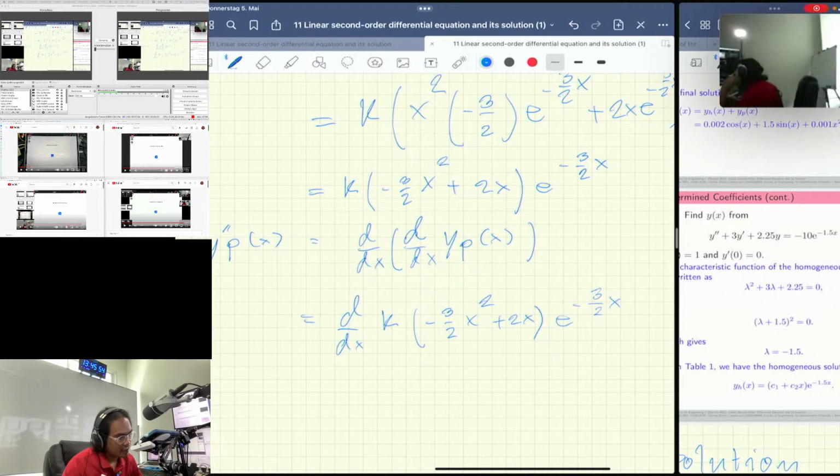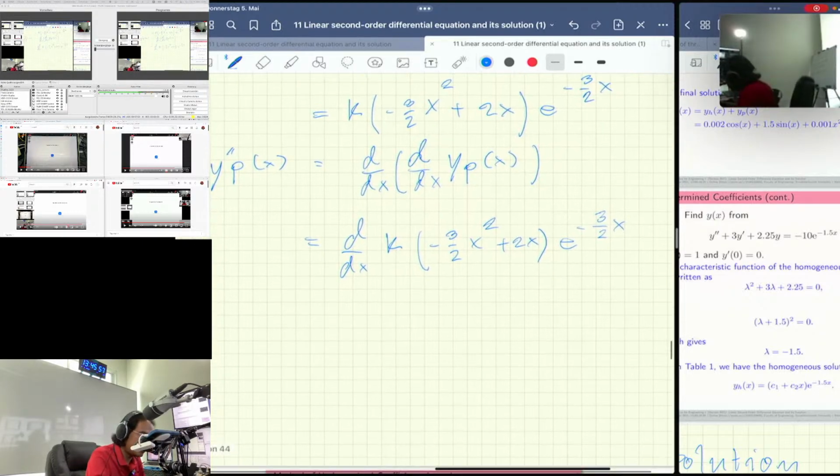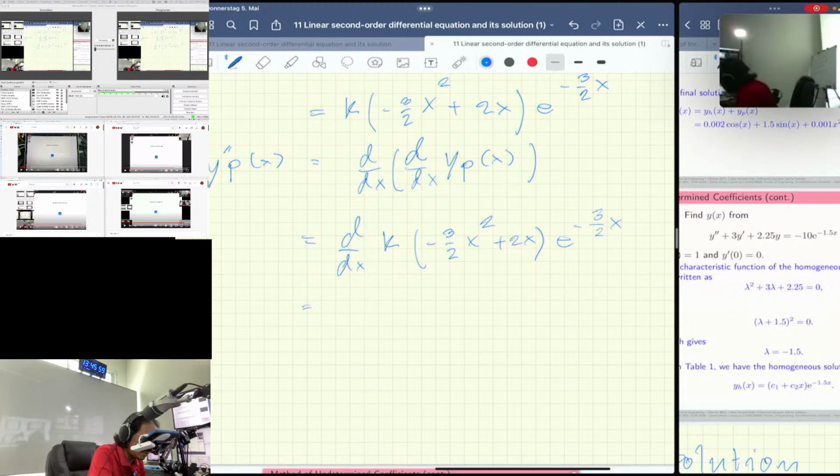You need to move k out of that because it's only a constant. Open the bracket, and use front and rear again. Front and rear, you get